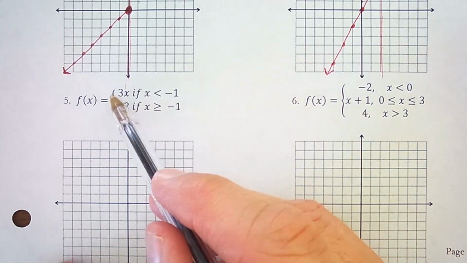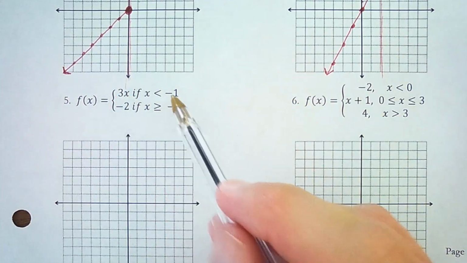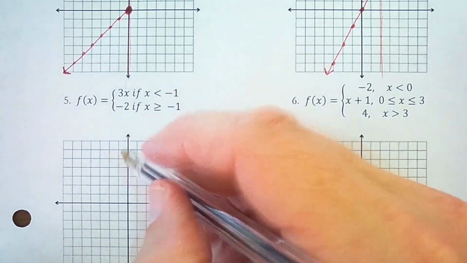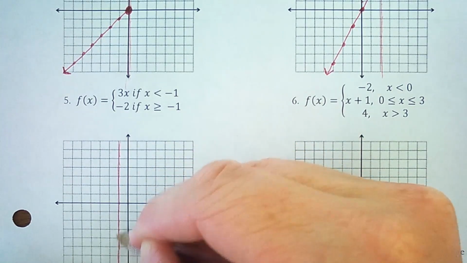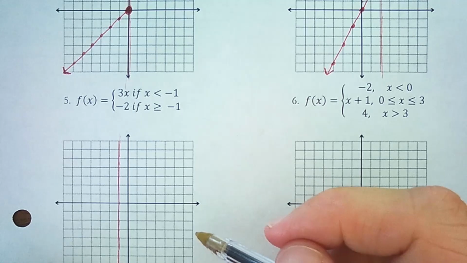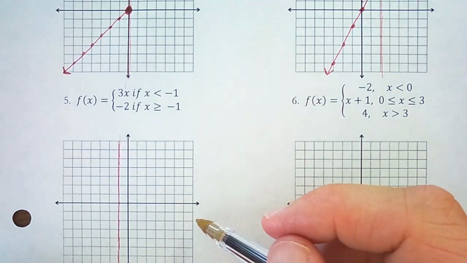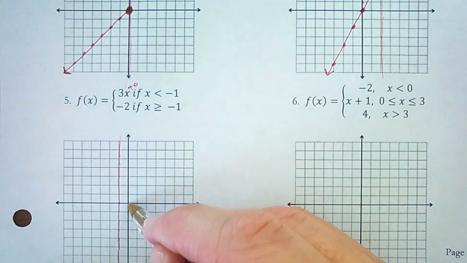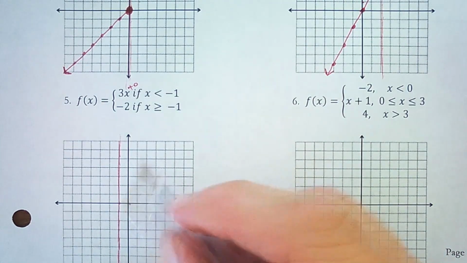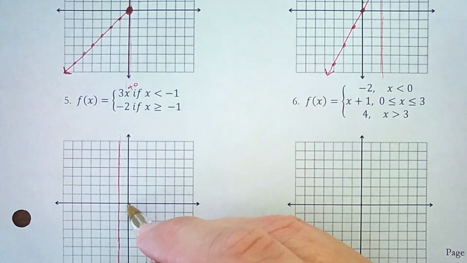Okay, next I've got y equals 3x, but only for x is less than -1. So I'm going to go ahead and draw my line there. That's the edge of the domain, -1. And the line is y equals 3x. Now that's 3x plus 0, so the y-intercept is 0. But look, my domain is less than -1, and I'm on the greater than side, so I can't actually put